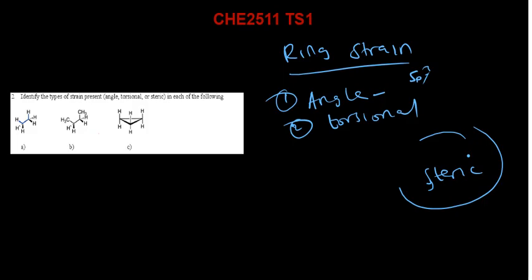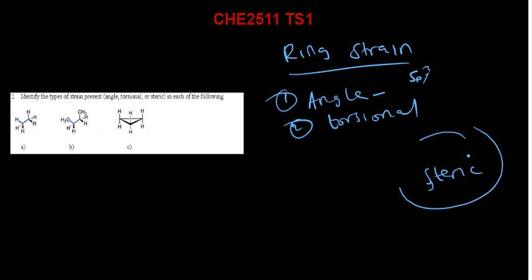We've got compound A, which is just one carbon, second carbon. This is like ethane. So what kind of strain is here? Is it a ring? Definitely no, it's not a ring. So we won't have angle strain. Angle strain is usually for rings like cyclopropane. A cyclopropane ring has angle strain, but for this one we have torsional strain because atoms are separated by 3